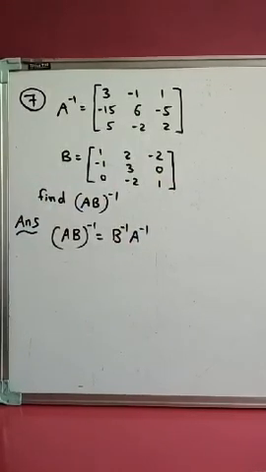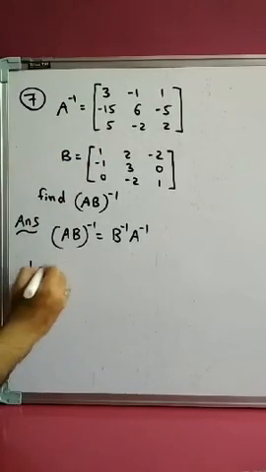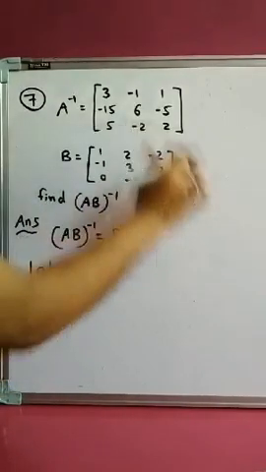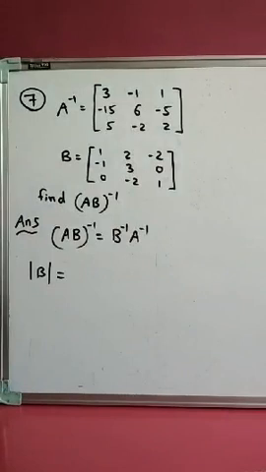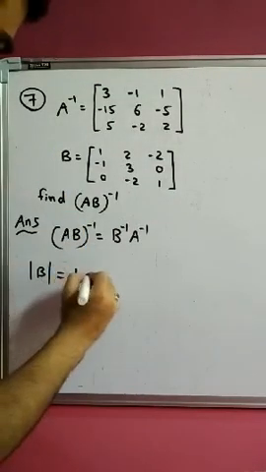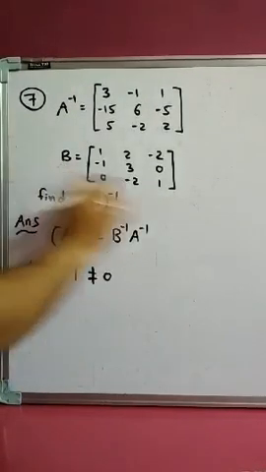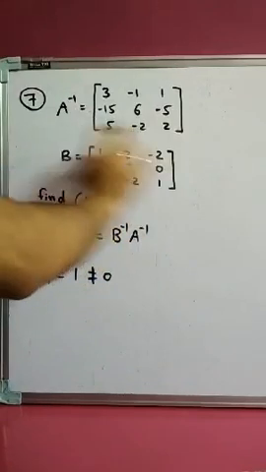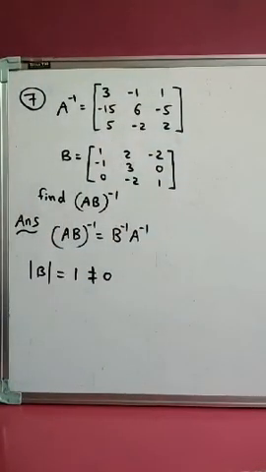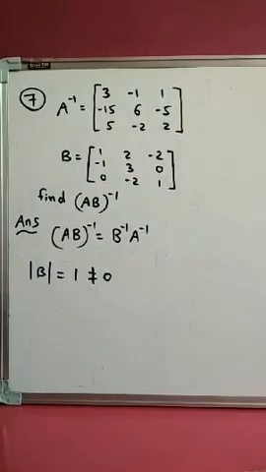To find B inverse we need determinant B and adjoint of B. If you find the value of B, this is a very easy process. So determinant B, I am just writing the answer; you have to do it on your own. It is not equal to 0. Its answer you will get is 1. If you find its determinant value, it will be equal to 1. I hope you can now do that on your own.